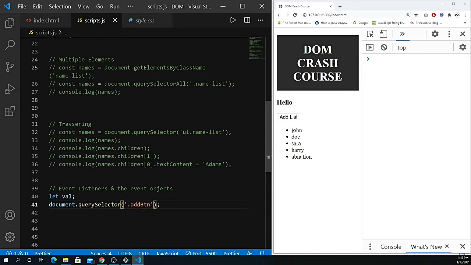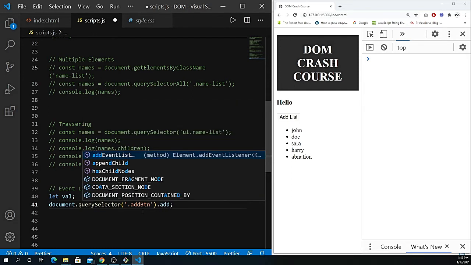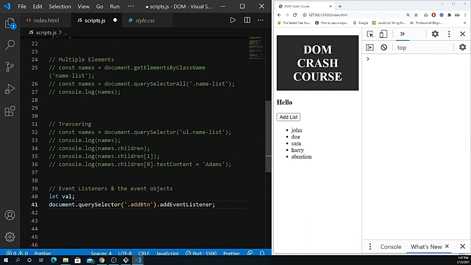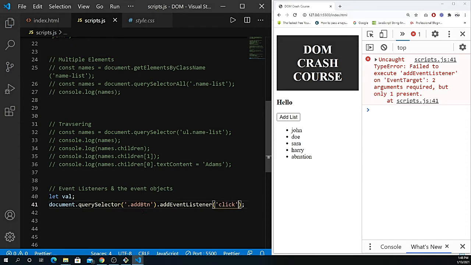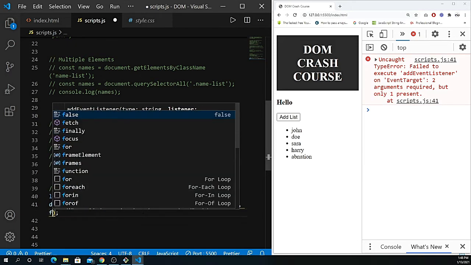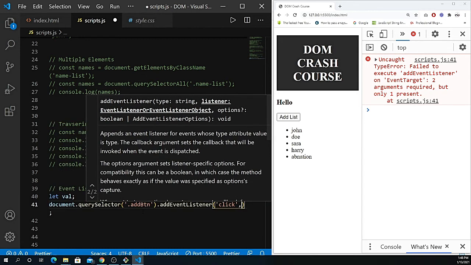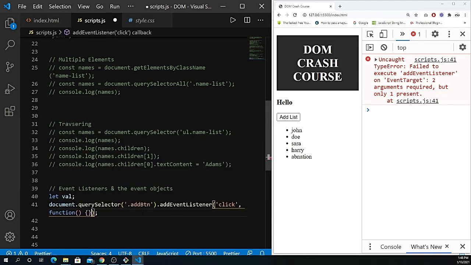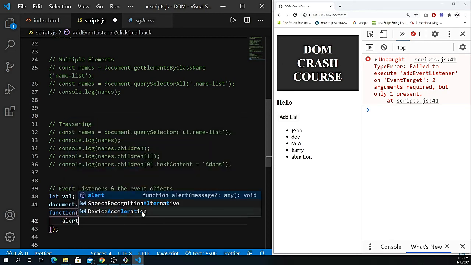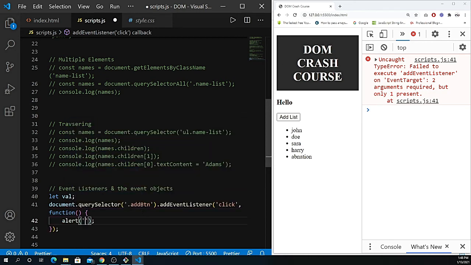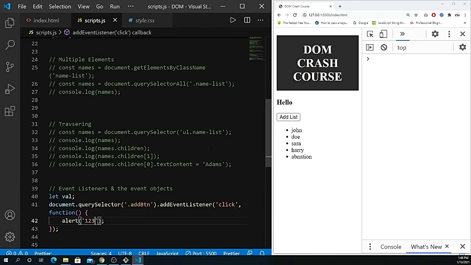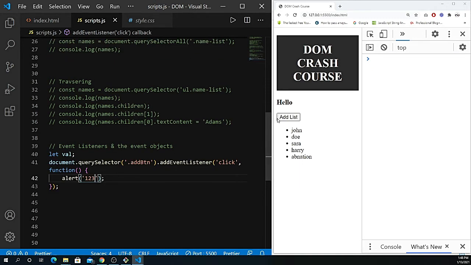For any action that I need to perform, like the click event, I need to have some events. So I'm going to create an add event listener, and I want an event which is the click event. If I click on the button, that should work. Let's test this out. I'm going to create a function with an alert, give it 1, 2, 3, and save it. And as soon as I click on add list,